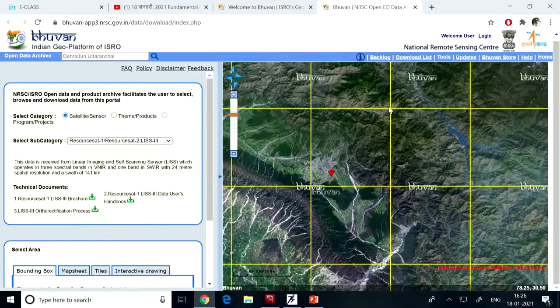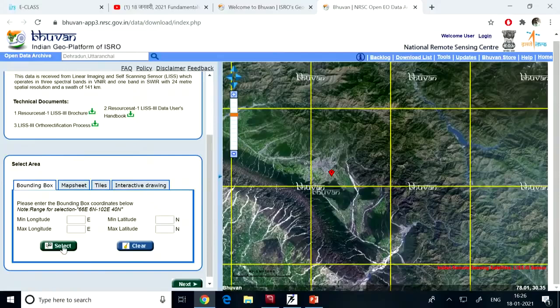But from a management point of view, we have tiled all the images, so the LISS-3 data set is approximately 25 kilometer by 25 kilometer, or 0.25 degree by 0.25 degree if you say it. Okay, so this is one satellite data tile.